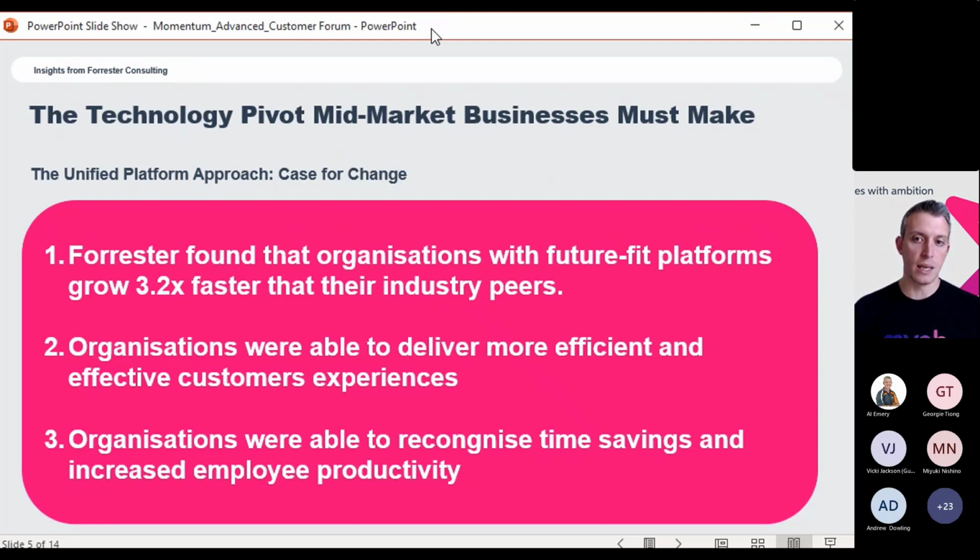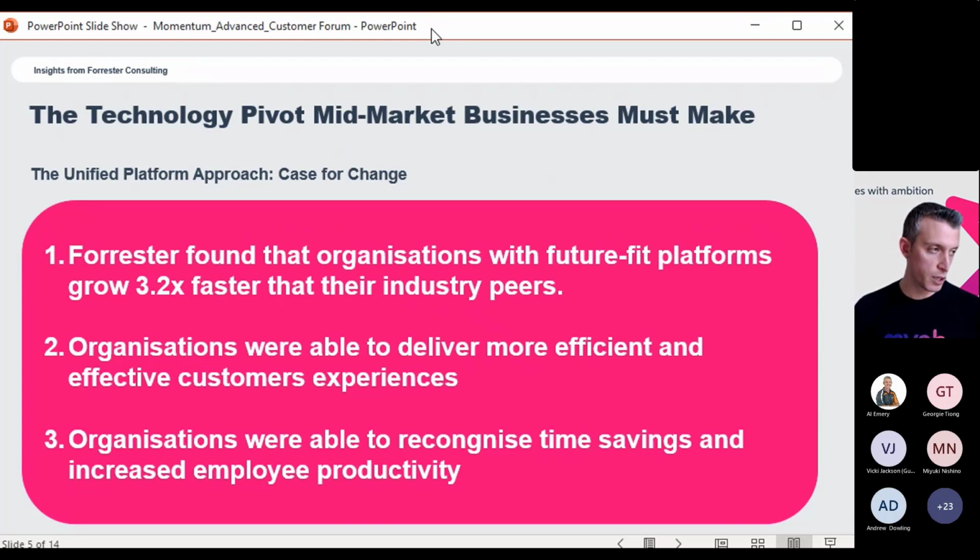What they have found is that organizations that run on what they deem to be a future fit platform will grow 3.2 times faster than their industry peers. So this is 2 businesses in the same industry, and depending upon how they're running their business from a business system standpoint, one will grow 3.2 times faster than its industry peers, which for some industries is actually survival versus just a nice to have.